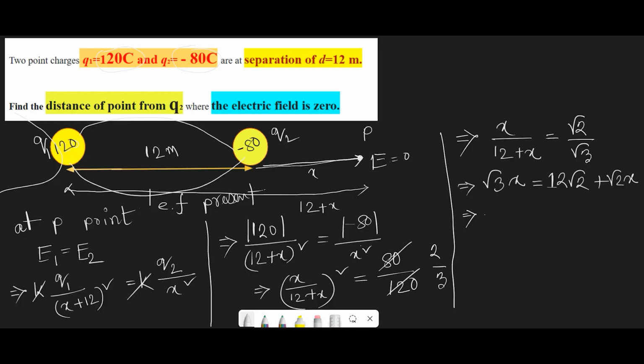So we could write down X taken as the common. So X times square root of 3 minus square root of 2 equals 12 square root of 2. So we could write down X equals 12 root 2 over root 3 minus root 2. Solving this problem, we'll get